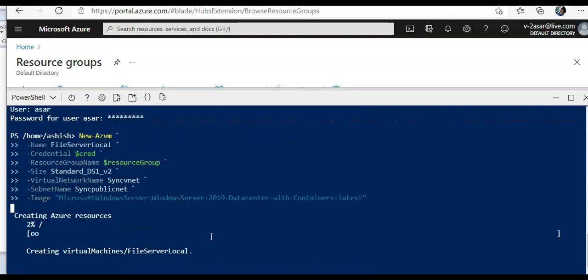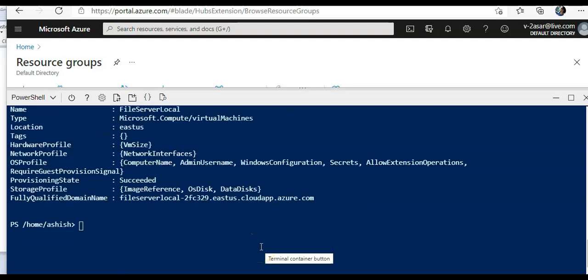Let's see how it goes. Okay, it is creating it. Let me pause it. Okay, now we'll have to set up the Windows Server for assessment. Okay, now I'll minimize it.